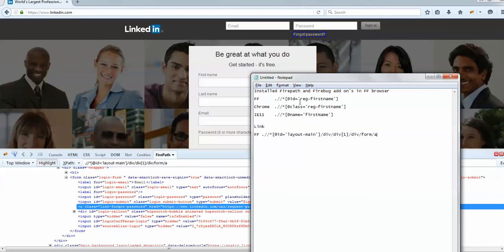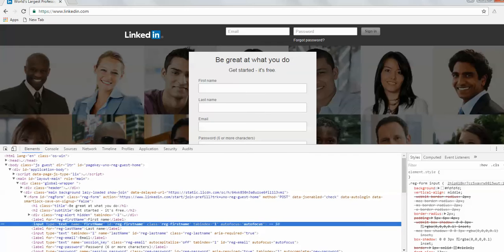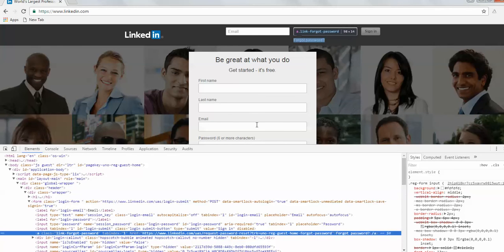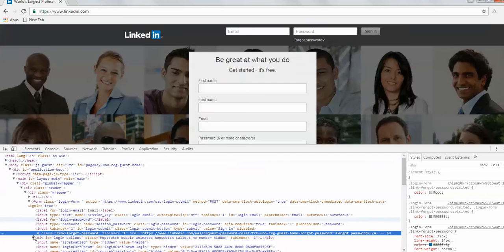In the earlier example, if you see, Firefox gave us XPath using the ID, but we built XPath in Chrome using its class name, and also the other one is in IE 11. We gave the name of the particular element directly and found the XPath. So for this forgot password link, Firefox gave us this. Now come to Chrome browser and then right click on this and click on inspect. When you click on inspect, you will see the blue line here. So these are the properties of this particular element here.